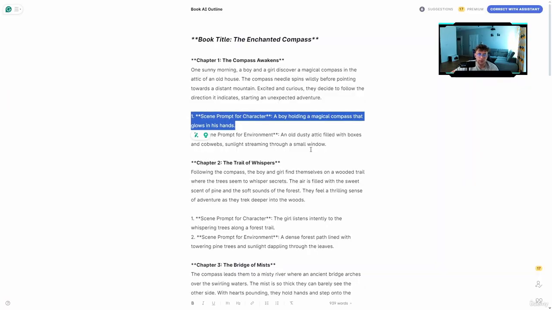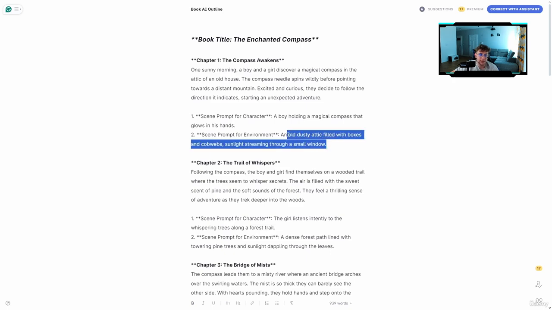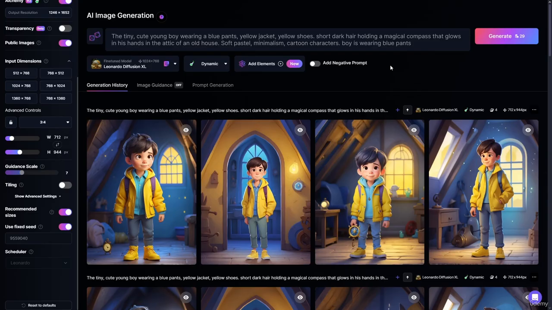So let's go ahead to scene number 2, the old dusty attic filled with boxes and cobwebs, sunlight streaming through a small window. We can go over there and copy the prompt. Now what we can do to create something in a very similar style as previously, so in the previous illustration,